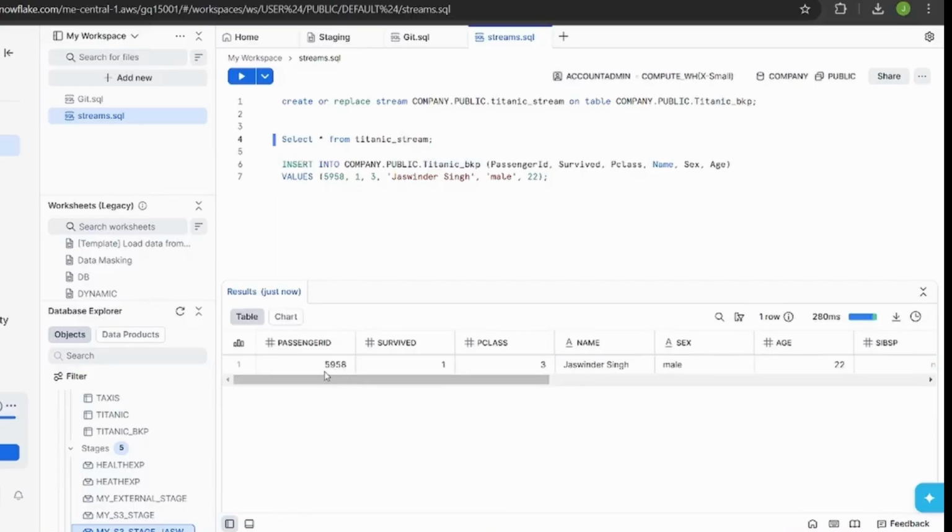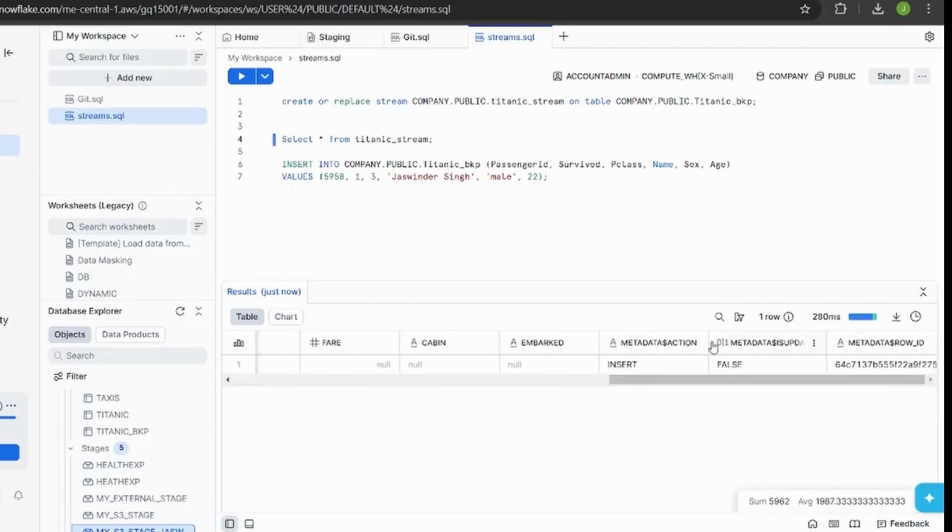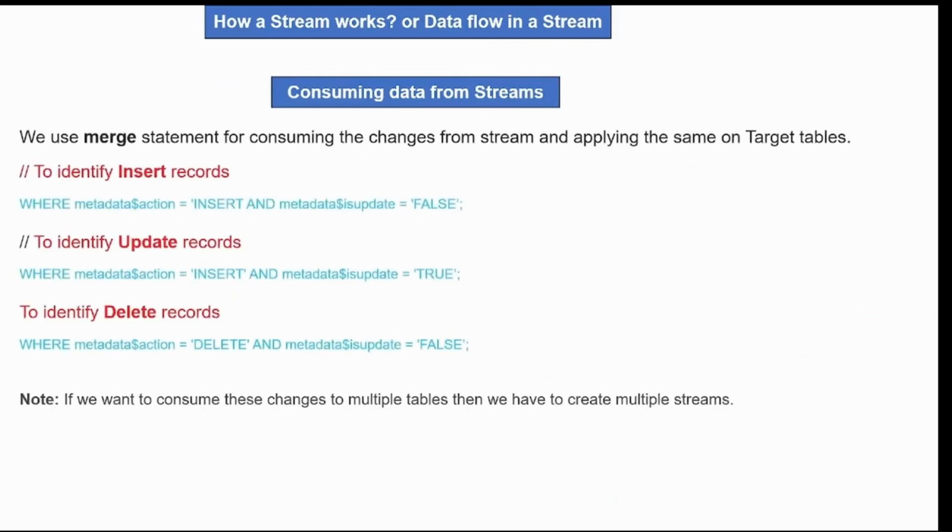See guys, there is a new entry which is recording the row which I had inserted, and in the metadata action I am seeing the operation which I did is insert on the source table, which is Titanic backup. This is the row ID, and I haven't updated anything as of now, so metadata is update is equal to false.